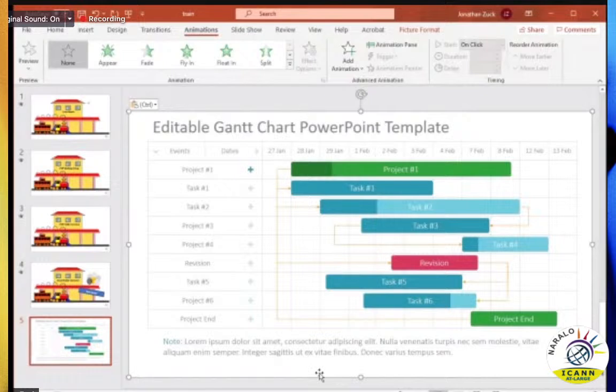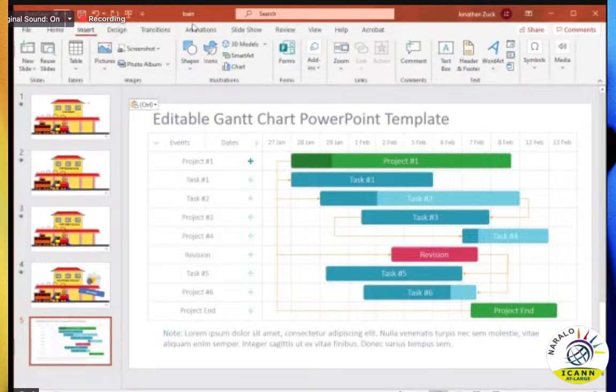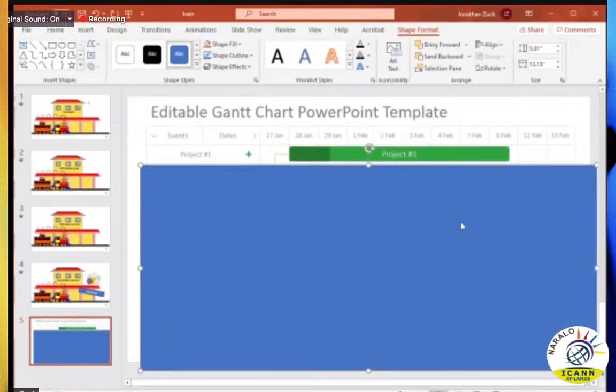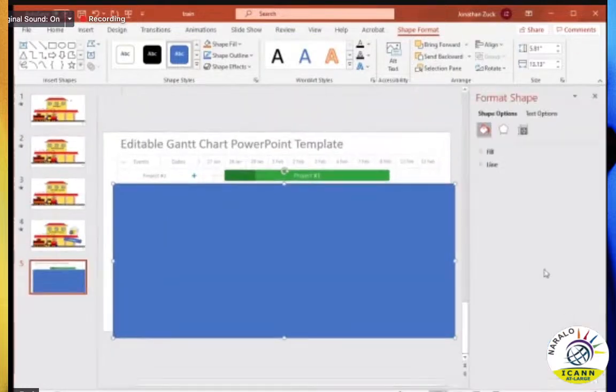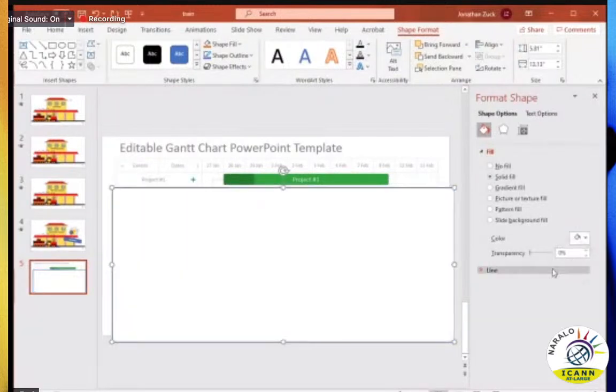But with some very simple animations, so for example, if I say insert a shape and it's a square, and I say that it's this big, and I format it, and I want the fill to be white, and I want the line to be no line, right? I now have a slide that looks like that,